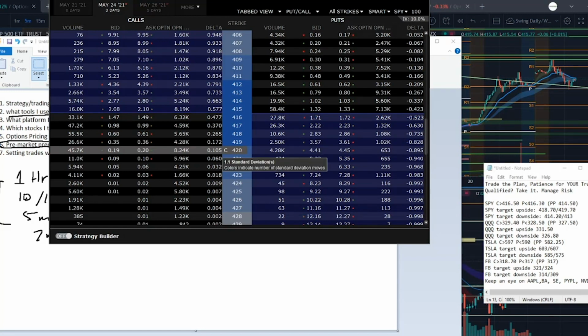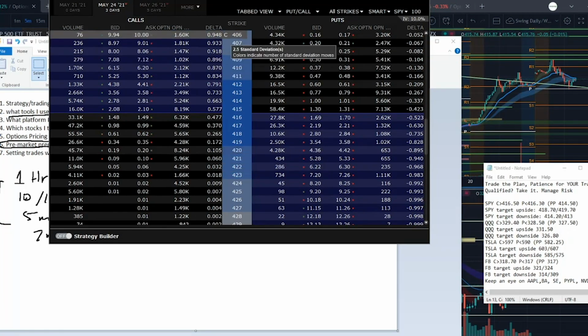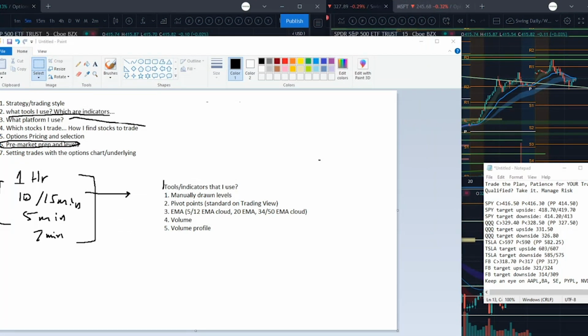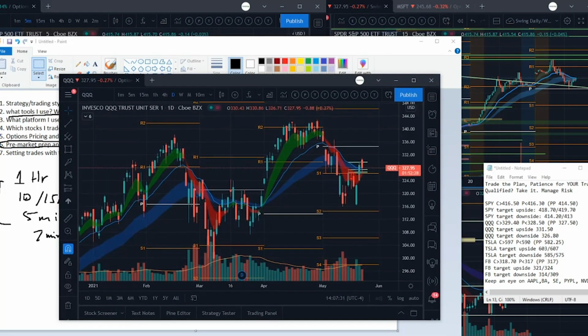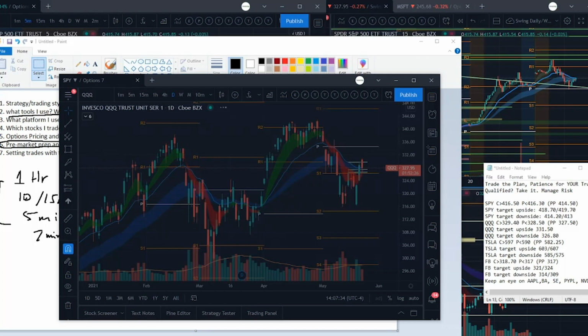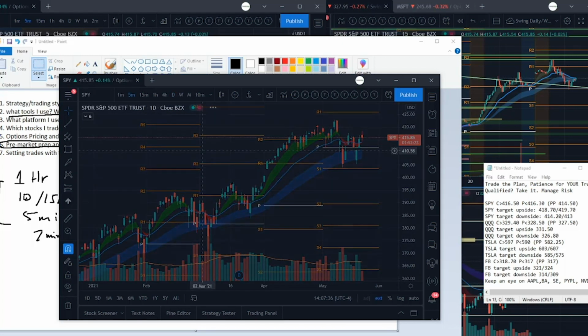So I don't really want that, right? I want to see something more reputable, if you will. So that's what I do for my option selection. So for example, if I was trading, let's say like the SPY, because that was the main one today for me. It usually is, but let's say I go to the SPY